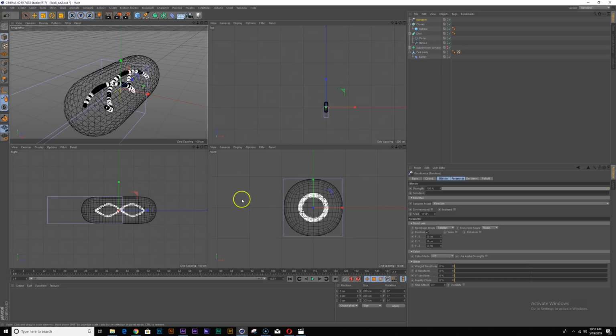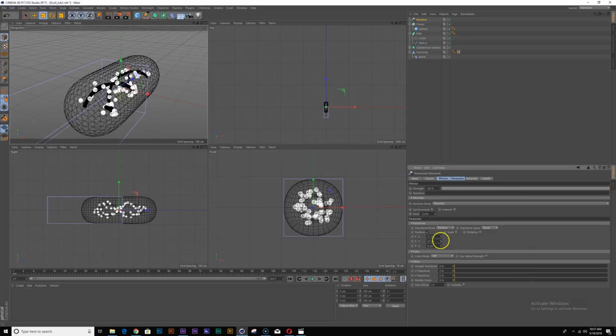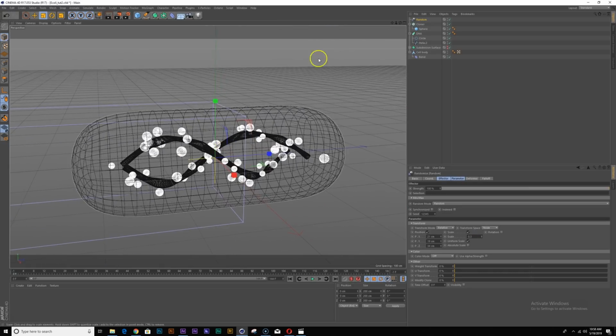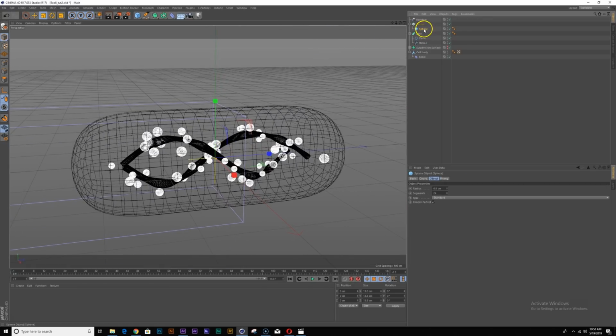I'm gonna zero out this first and just crank this up, something like that. Cool. And we can do the same thing with the scale. And another thing I like to do is with my sphere, I'm just going to duplicate the sphere and scale that down.